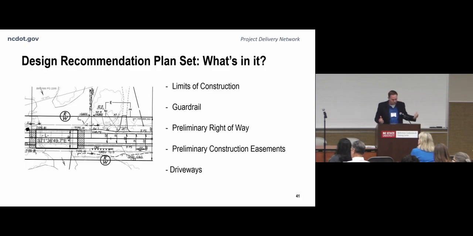If you opened up one of the plans and you're looking at a plan sheet, a few things that you're going to find along with that horizontal alignment data are our preliminary limits of construction or slope stakes along with a C or an F denoting whether that's a cut or a fill section there. You're going to see guardrail design for any known obstructions in the clear zone recovery area that the engineer feels need to be shielded. You're going to see some preliminary right-of-way and construction easements based on the construction limits